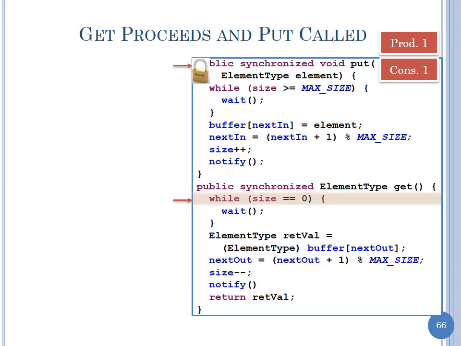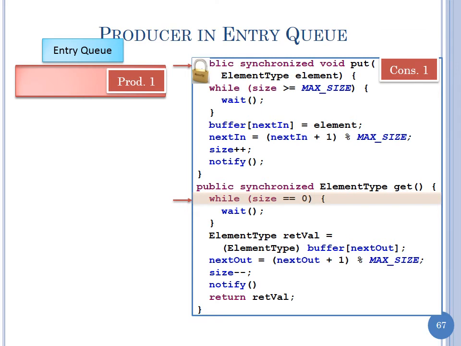If it's not going to execute, we have two solutions in general. As somebody suggested in a previous class, we just keep trying again and again. We can get some kind of error code back saying, sorry, you can't execute. And that's a polling solution. We really don't want that. So we don't really get an error code back. But what Java does is put the producer in a queue. Okay, and this is the entry queue. The queue that you get into when you cannot enter the monitor, not the queue you go into after you entered. So the producer goes into the entry queue,